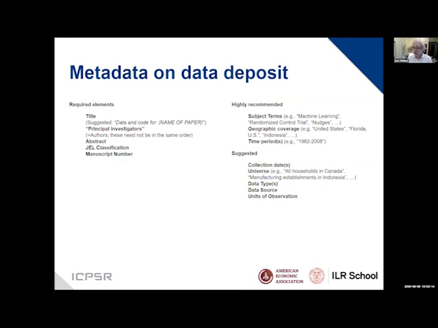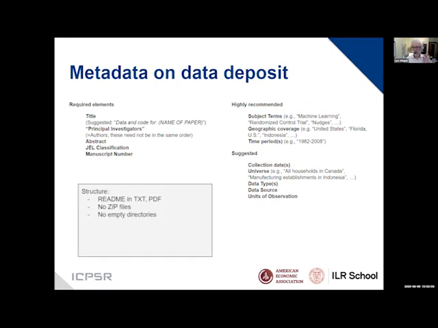Geographic coverage is really important if you're running a survey and is completely irrelevant if you're running an experiment. And so even some of these elements are not necessarily always going to apply to every single data set, right? And as it turns out, most social scientists don't keep track. What is actually my unit of observation? What is the proper universe for doing these things? And so those are just things where we are lenient about enforcing some of these metadata elements. They should be better documented. That would make for better science, but so far they're suggestive because otherwise we'd get hung up here for a very long time. Jared?